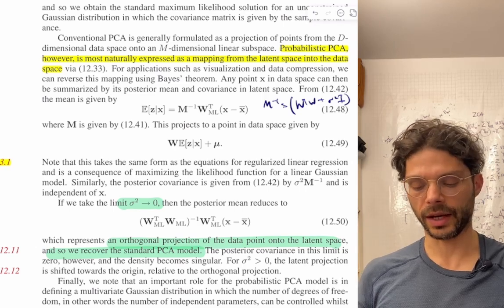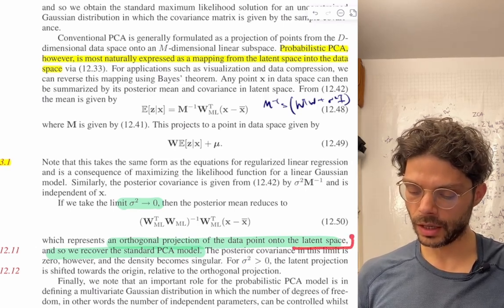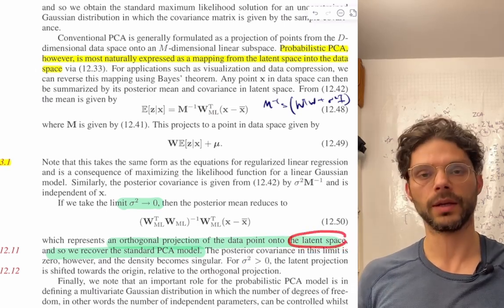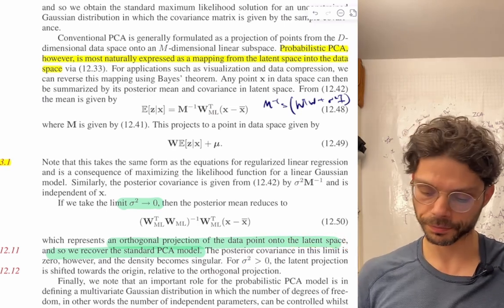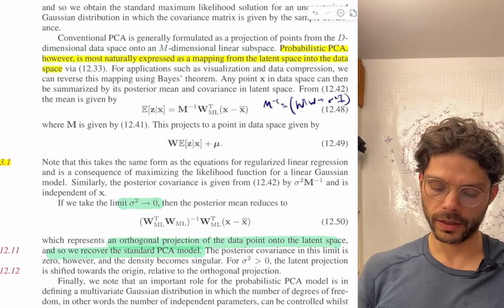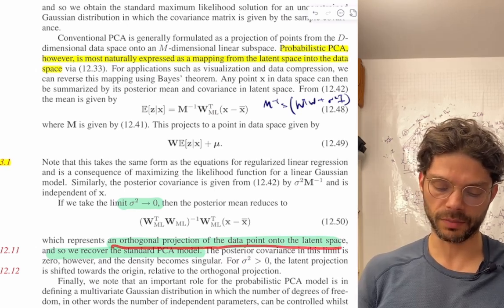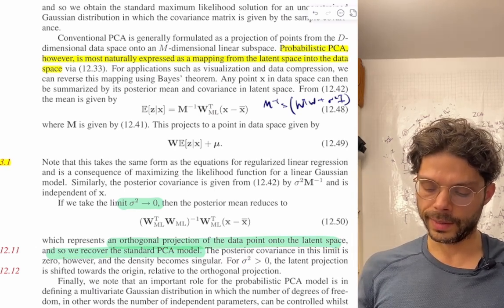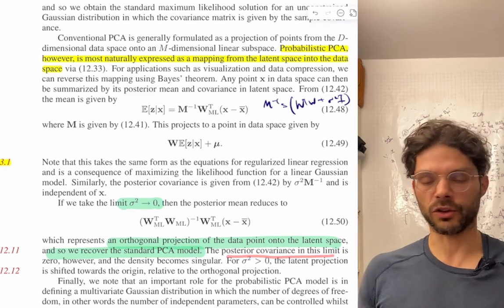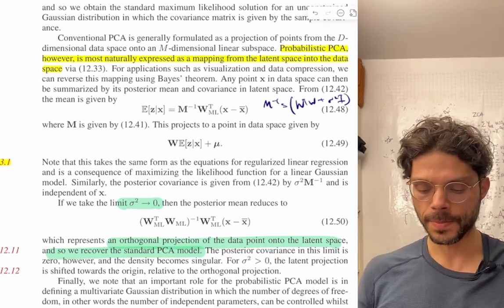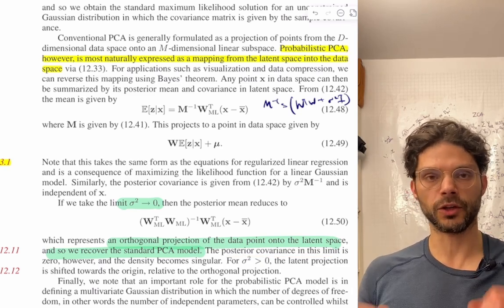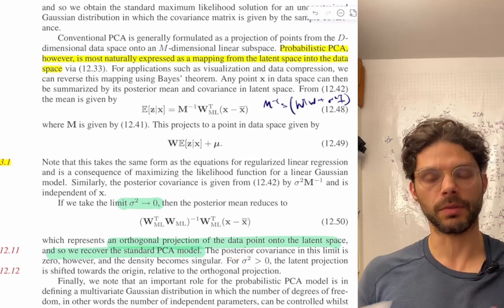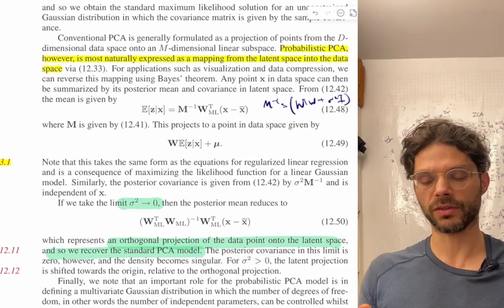Yeah, so I was just a little bit confused, because the projections onto that principal subspace are going to be the latents. Just want to make sure I was saying that correctly. So an orthogonal projection of the data point onto the latent space, which is the principal subspace. In the PCA model, you're effectively saying that you're absolutely sure exactly where that latent is, whereas in probabilistic PCA, we're going to have some covariance on that,